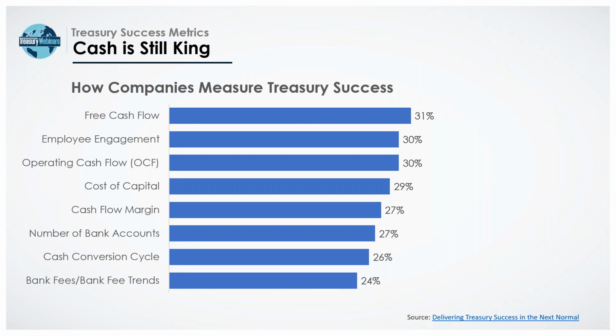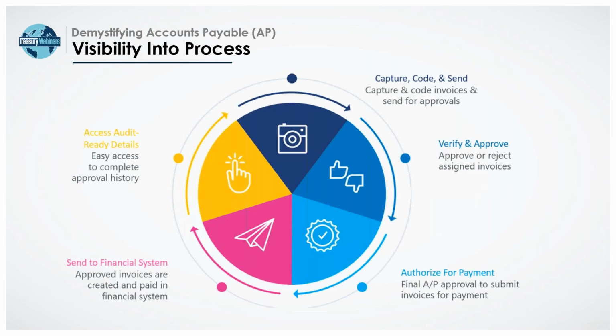And so let's talk about, I like to talk about it, how do you demystify the why? So what are the sources of variance? We see accounts payable. So we talk about, okay, how do we get visibility in accounts payable? But some of you that might not be in the weeds, what does that mean? So we need visibility into all these areas of the process, how we capture code and send data, how we